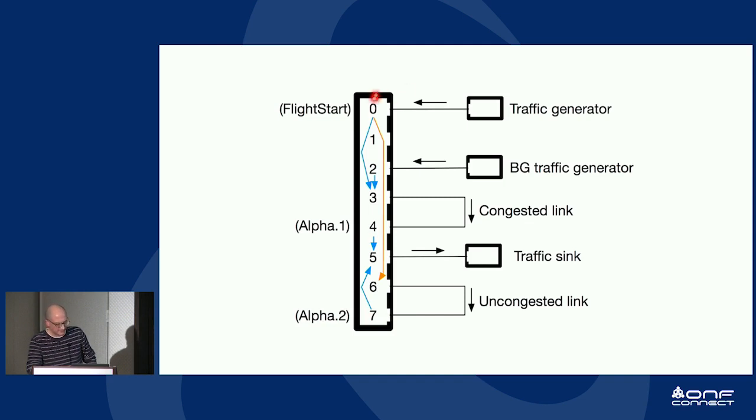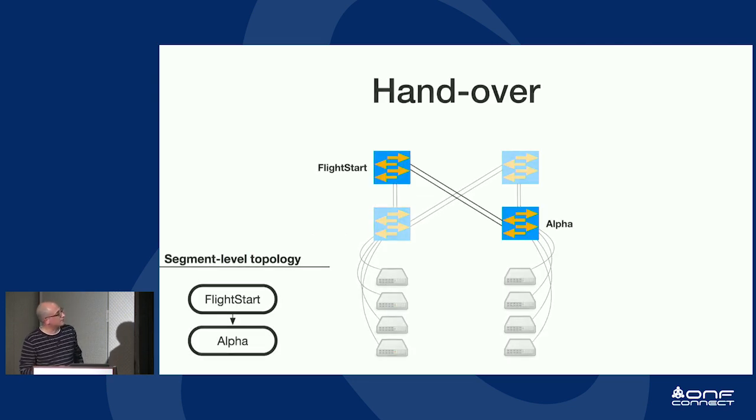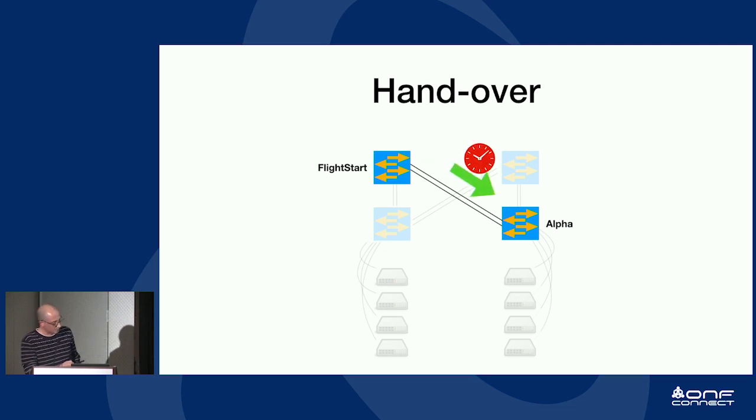So this is in a single programmable switch. What we're doing here is we want to find out how a program reacts to being distributed, because this program is no longer running on the same scrap of silicon. It's now running on two scraps of silicon, potentially, separated by a shared link. This is going to give us an idea of what to expect as far as program execution is concerned. The first thing I'll talk about is handover time. Handover time is, as you might expect, the time it takes for the action to move from flight start to alpha, for one part of the program.